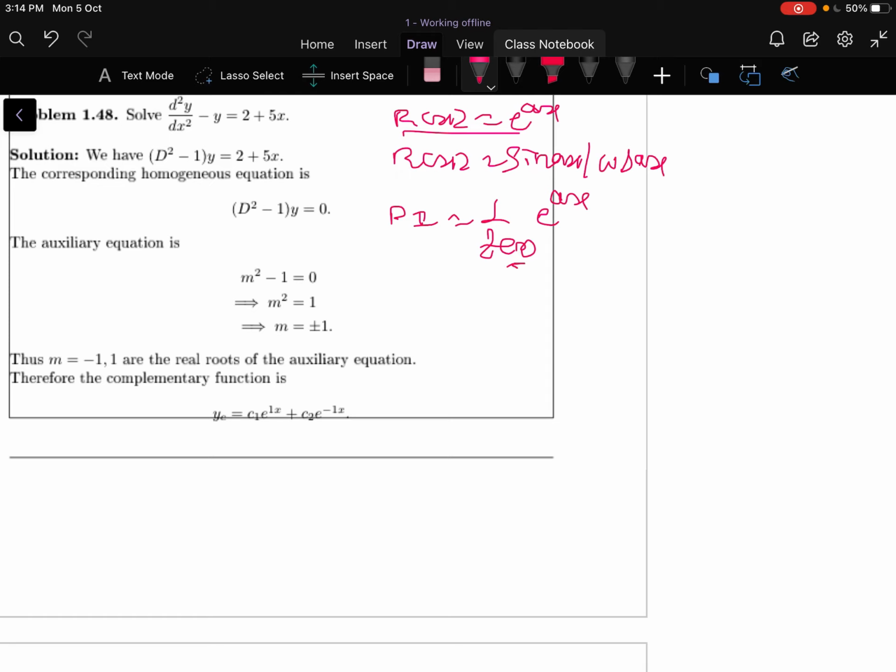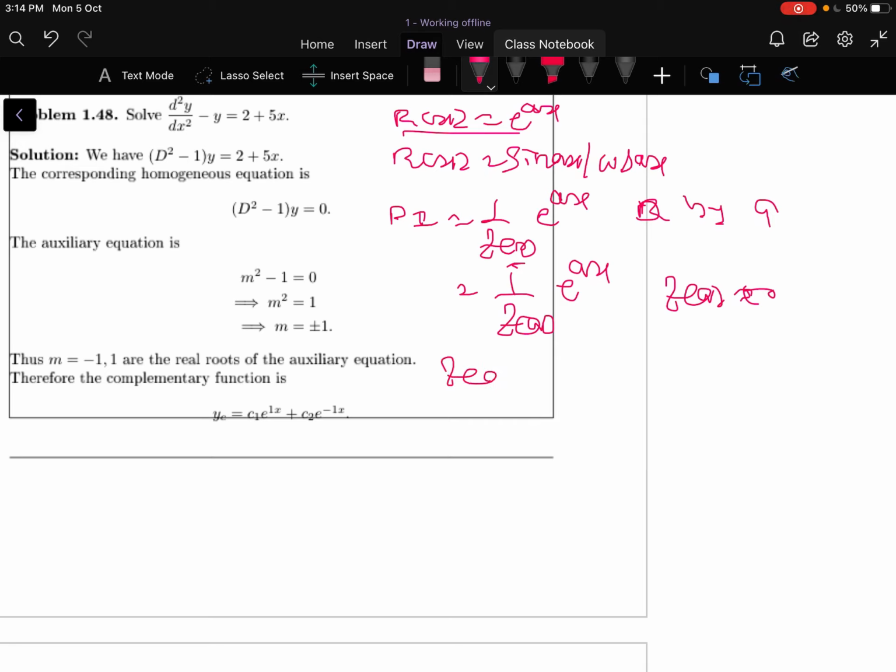So you have to opt for D now. Replace D by a. So this implies 1 by f of a into e power ax, provided f of a is not equal to 0. So this is the way to find the particular integral when r of x is equal to e power ax.